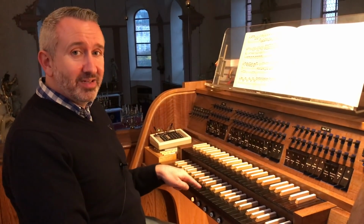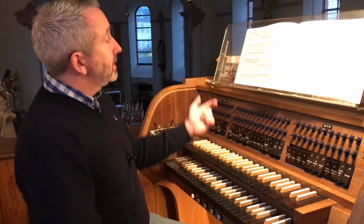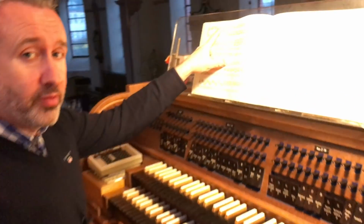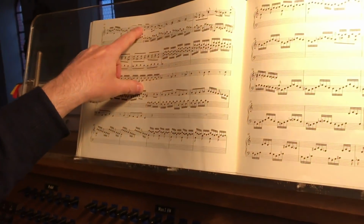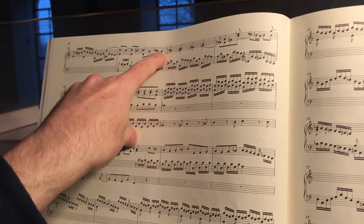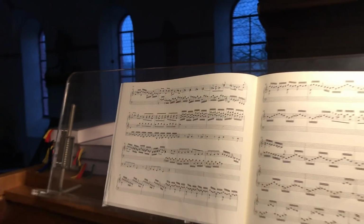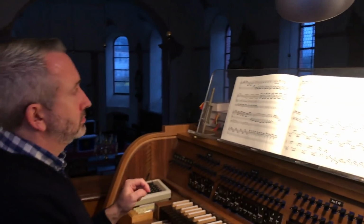So apart from that last note in the left hand there, that was pretty much right. Or was it? What you've got to be very careful of, you've got to make sure that all these notes have got the correct length and that they are articulated in such a way that the listener knows where all that movement is. Now on a piano, you would sort of...